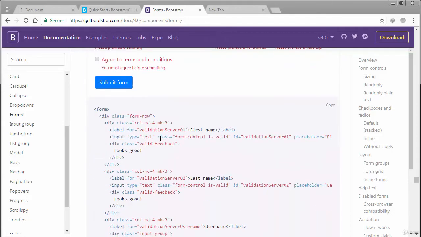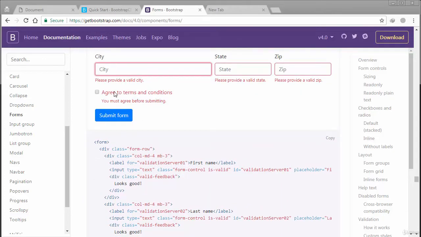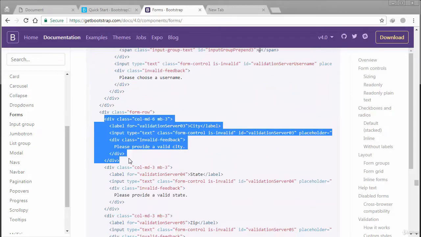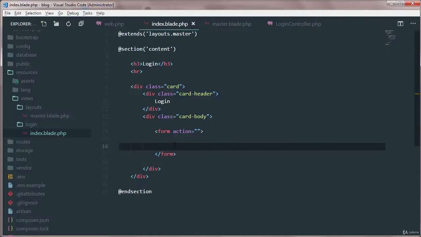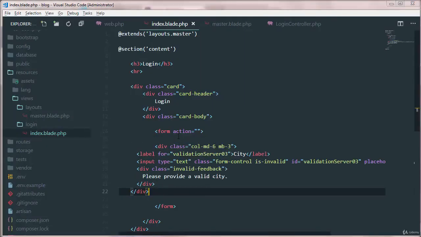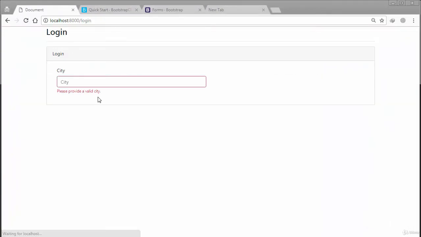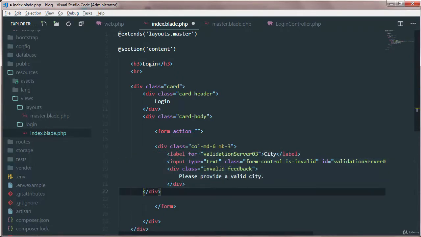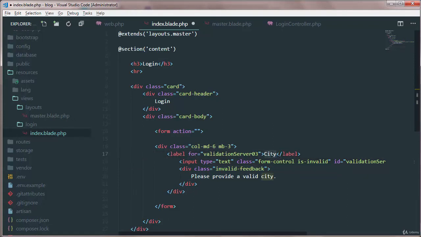Okay, so if I just copy a row, that is something like, please provide your city. Just copy these and then paste them here. Okay, so if you check, it's working nice. Okay, now let's modify it. Instead of city, we need to say this is basically our username, and then this is username,